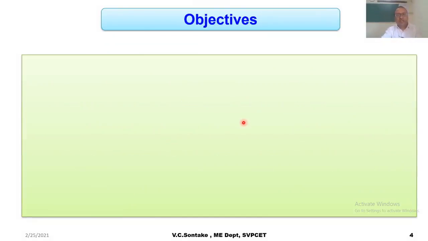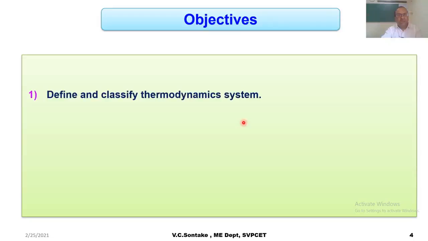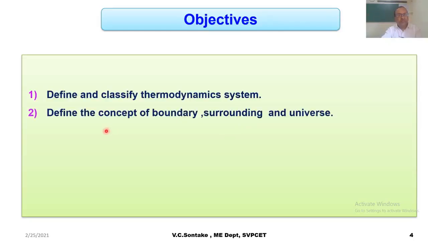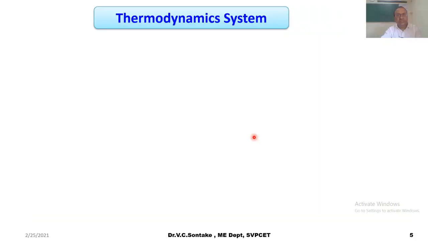The objectives of this video lecture are: 1. To define and classify thermodynamic system. 2. Define the concept of boundary, surrounding and universe. 3. Explain control volume and control surface. So let us start our discussion with the very basic element of thermodynamics